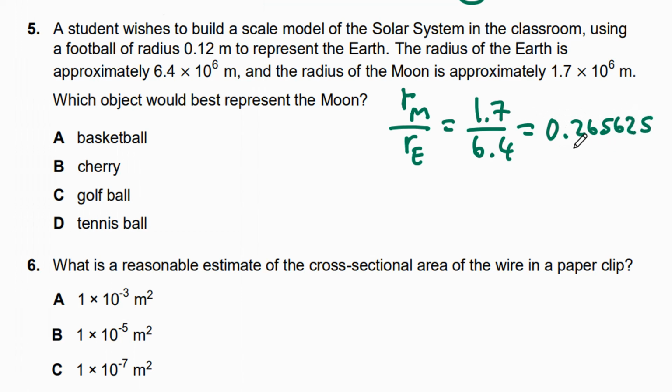What does this answer really mean? It means that the radius of the Moon is approximately 27% of the radius of the Earth. So to find the appropriate object, we need to find this percentage of the radius of the football. And that will give us the radius that we need. So the radius that we need will be